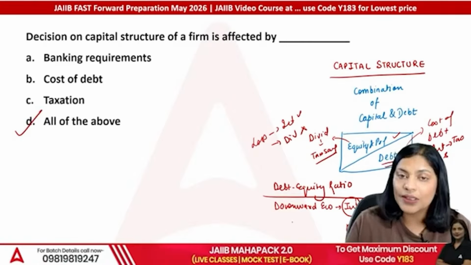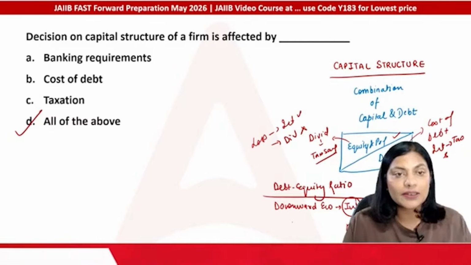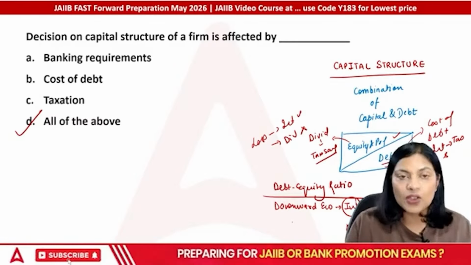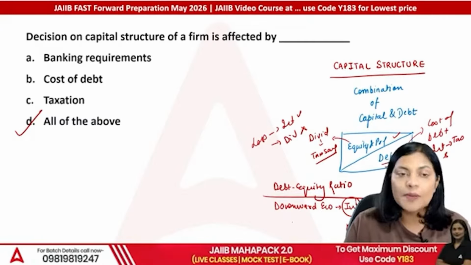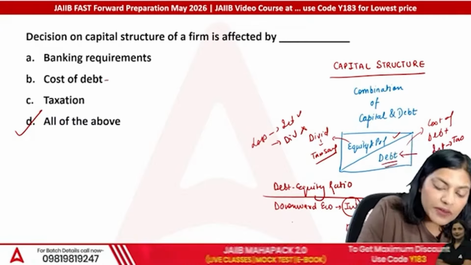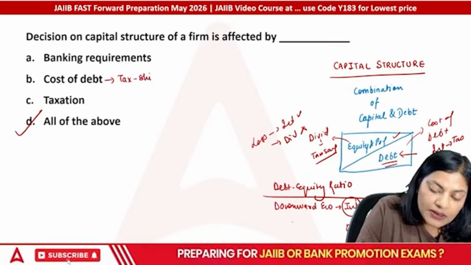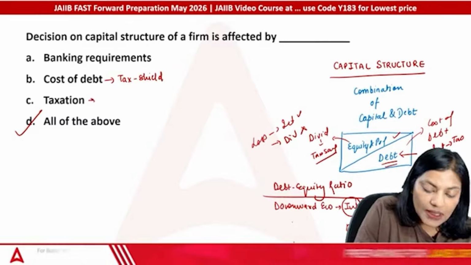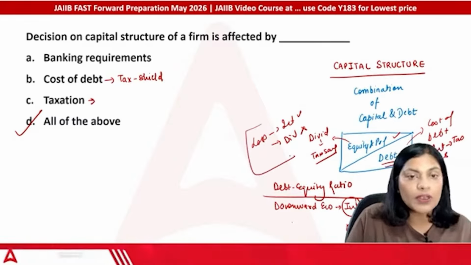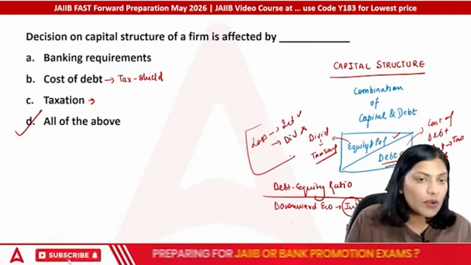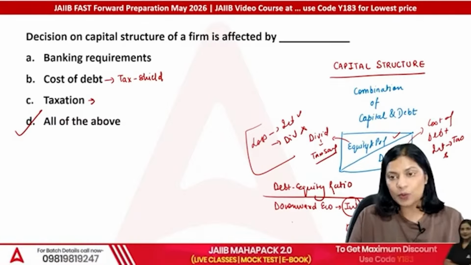While deciding on the capital structure, from where we should raise money, we should think of all these conditions: that the debt equity ratio limit has not been exceeded, and the cost of debt, because cost of debt gives us a tax saving. It is a shield. It gives us a tax shield. Then taxation we have to take care of. What if the economy goes into recession? What if the business is into loss? All these conditions will have to be taken care of.